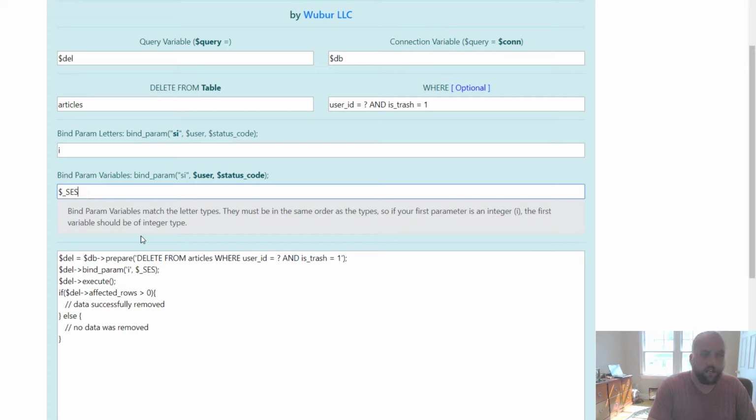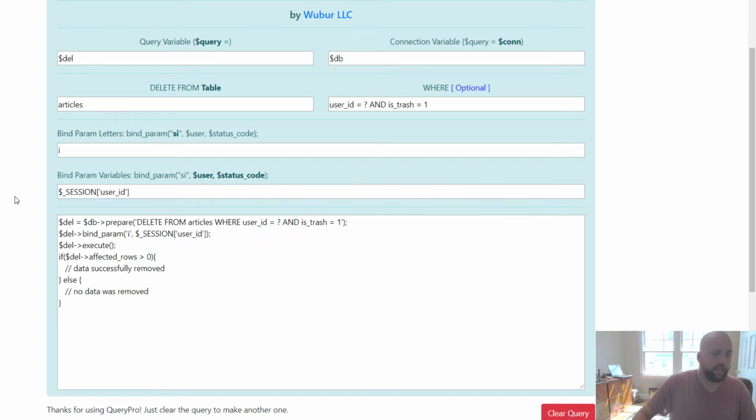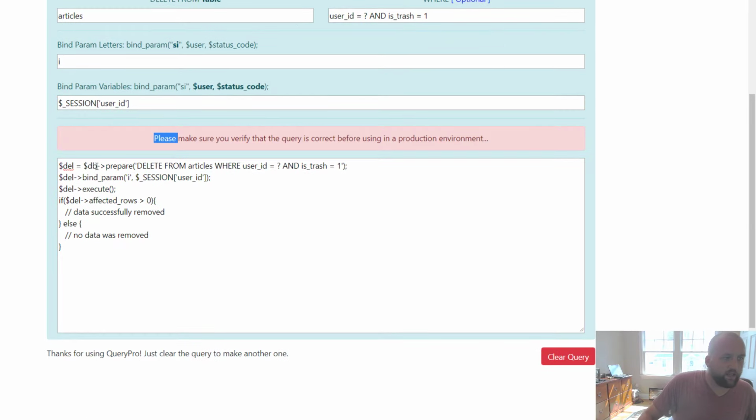Or if we're doing our session variable, we could do something like that. And as you can see, del equals db, prepare, delete from articles where user ID equals question mark, and is trash equals 1. And then here, bind the parameters. Session user ID is an integer. Del execute, and then over here, affected rows, same thing. We know that it was removed, otherwise no data was